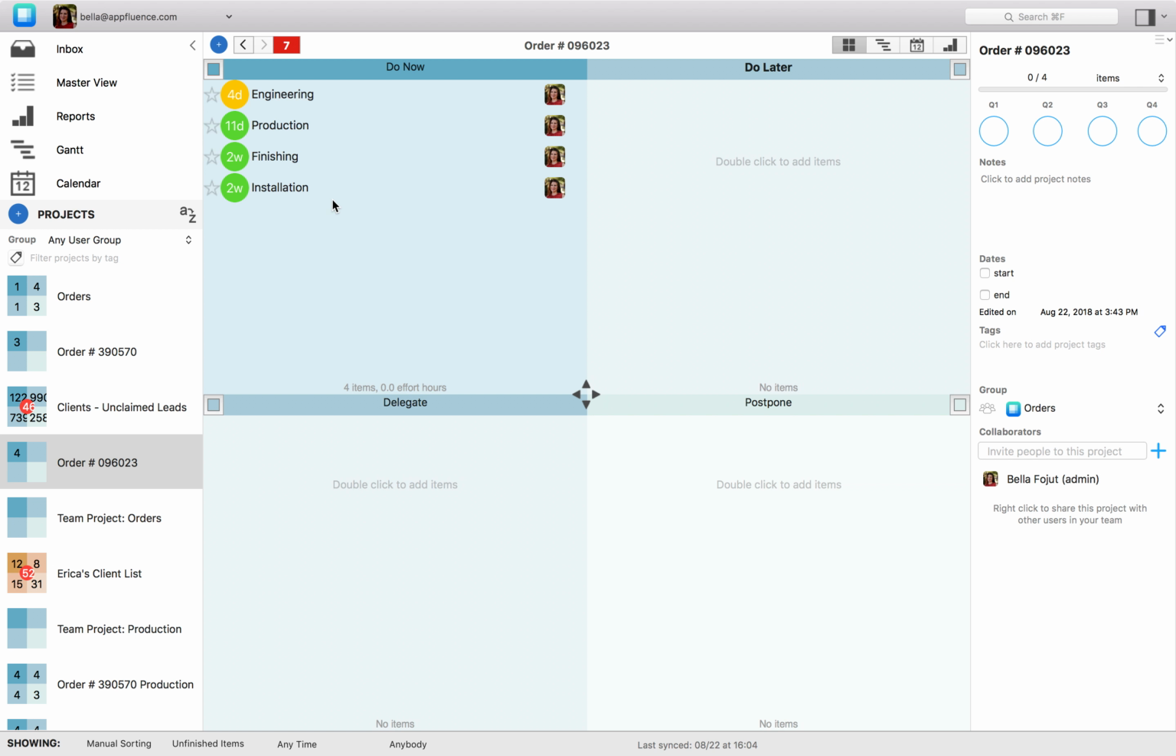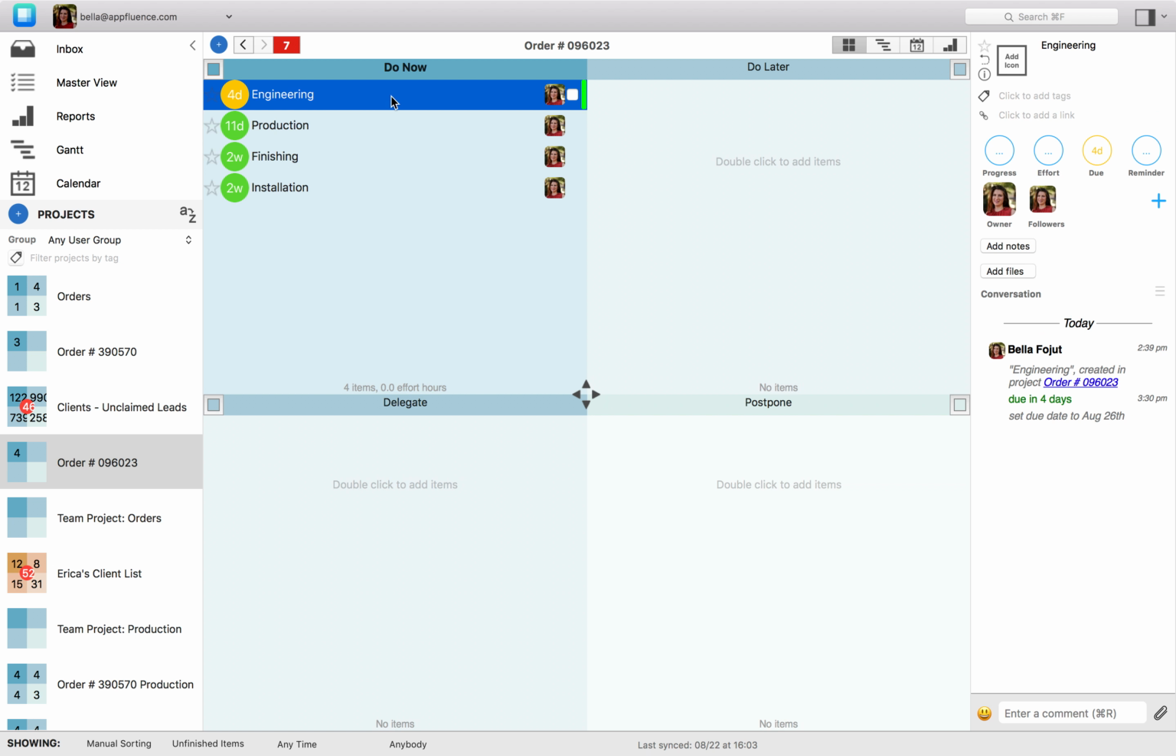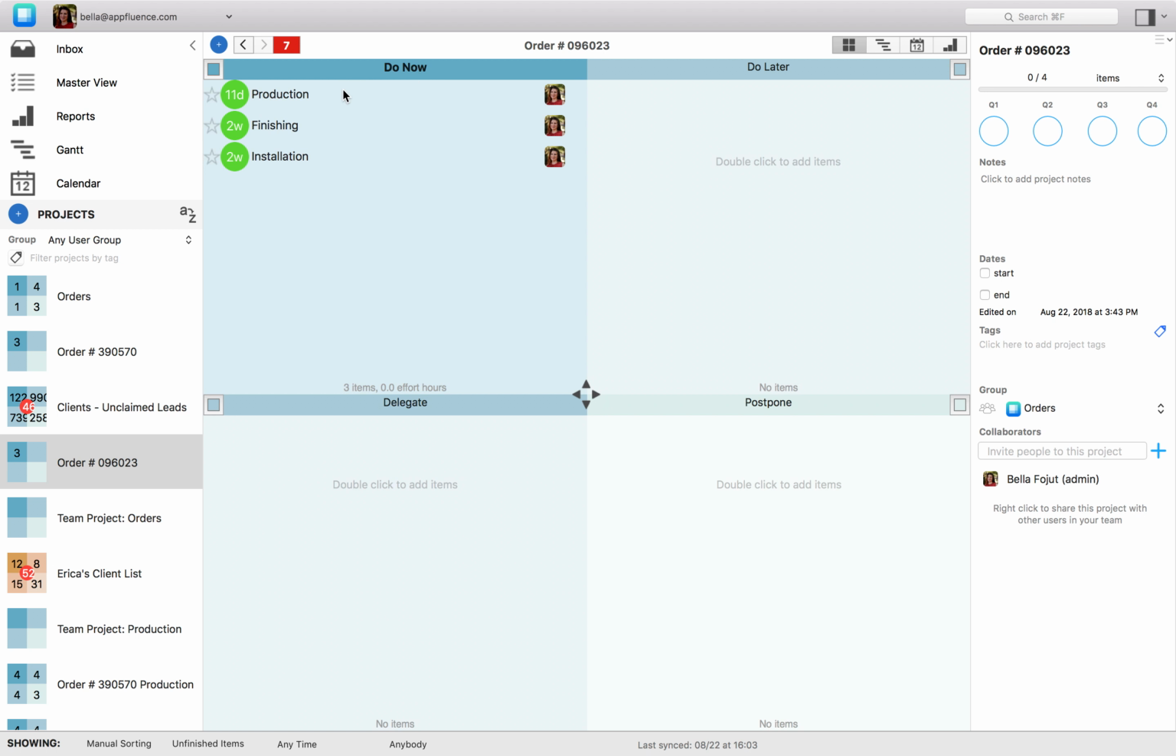Here, for example, I can see all the different phases for this order process. I can also see that none of the phases have been complete. Or, say engineering was done, perhaps I might have marked this complete and I see that we're now in the